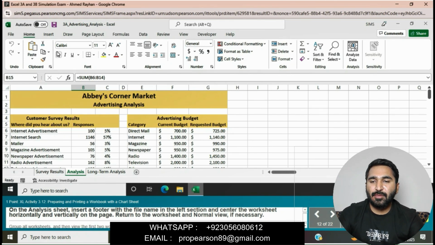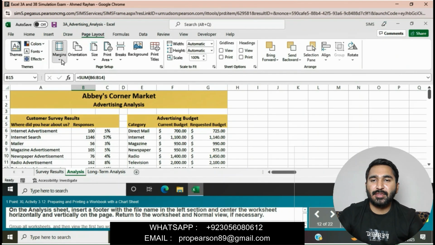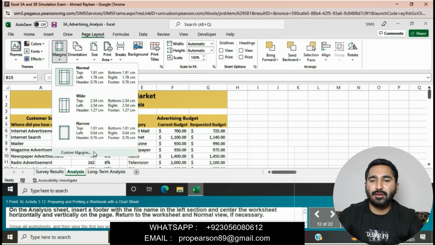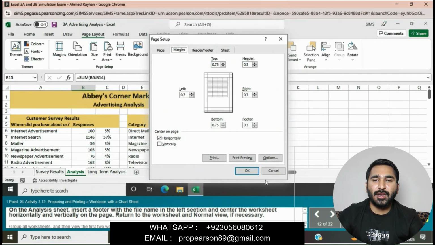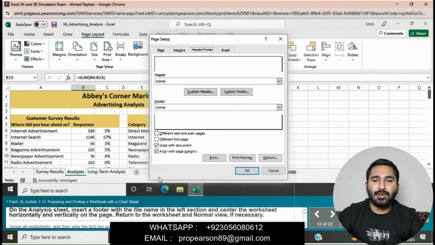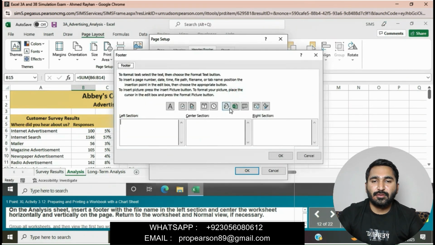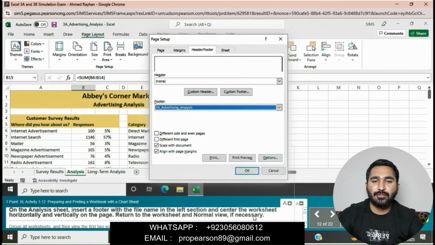Simply go to the page layout tab. In the page setup group, click on margin and then click on custom margin. Go to the header footer and click on custom footer. File name in the left section and center the worksheet horizontally and vertically on the page.